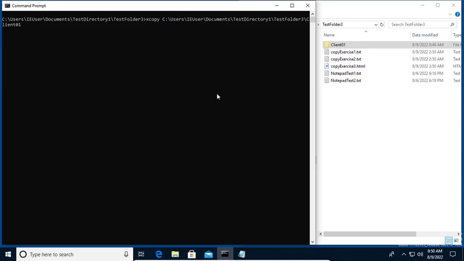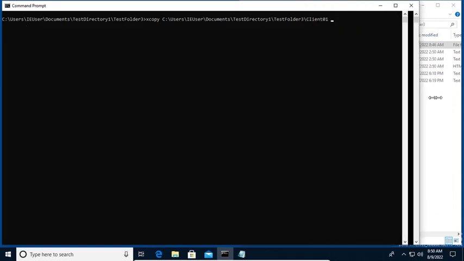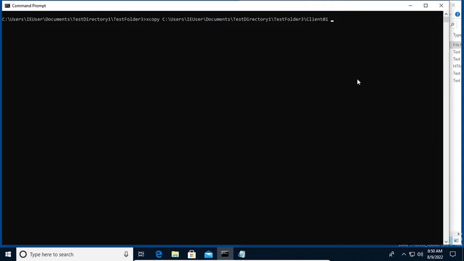Add a space to that. Then we want to transfer this, for example, in the test folder 4. So C users, IE user. At least this is going to give you a lot of practice in using the absolute path. And we want to have test folder 1, test folder 4, and we want to copy this in a client02